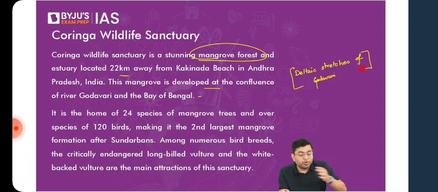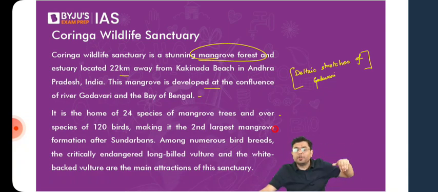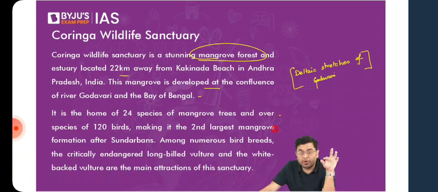It is home to 24 species of mangrove trees and over 120 species of birds. So wherever you will have a lot of mangrove vegetation, there you will end up finding a significant bird population as well. Fish population in the case of coastal mangroves is also very high. But otherwise also in inland areas which are not on the coastline, where for example you take the case of sacred groves, there also the population of birds is always correlated with the density of the mangrove.